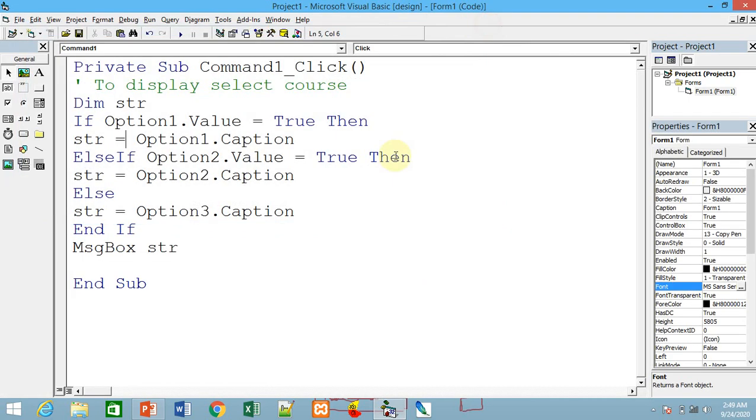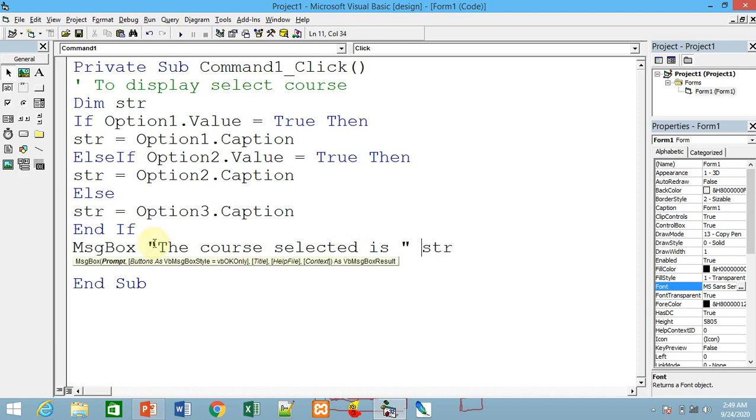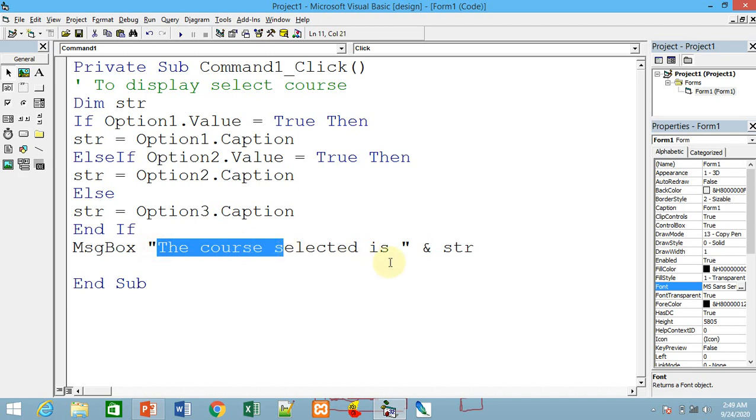Okay, so you can make it more interactive. How? "The course selected is", and you can use the ampersand symbol in order to join. So str will have BSc, BCom or BCA, but this is one text which we are going to concatenate with this.